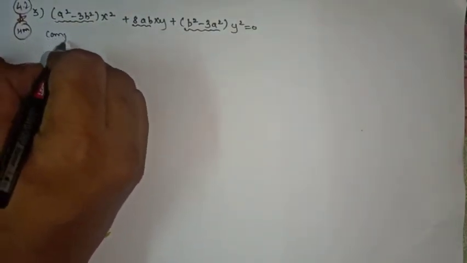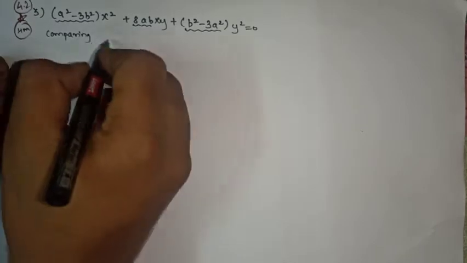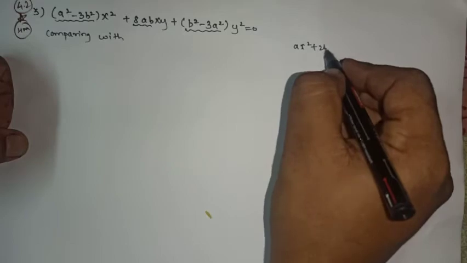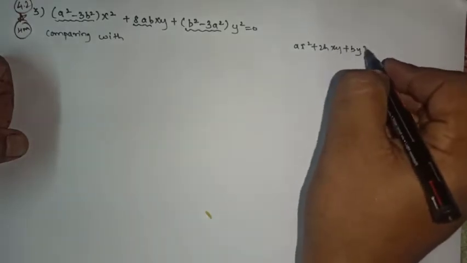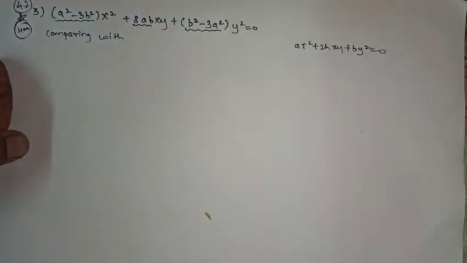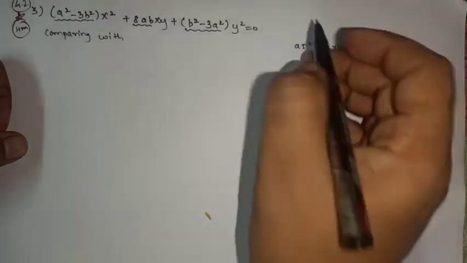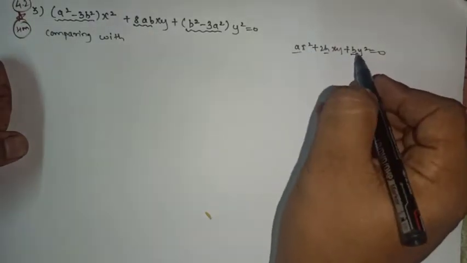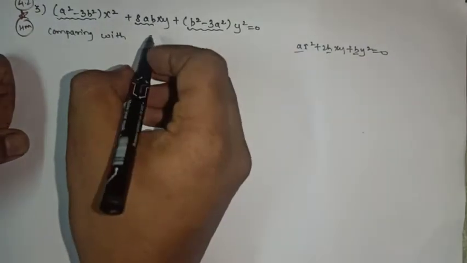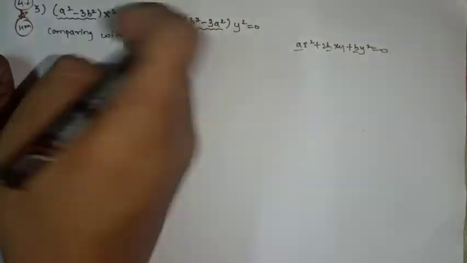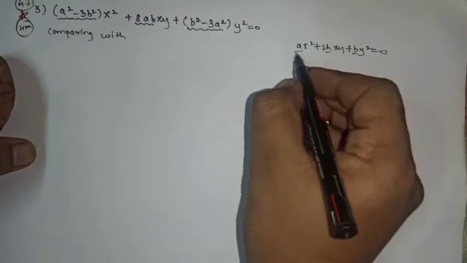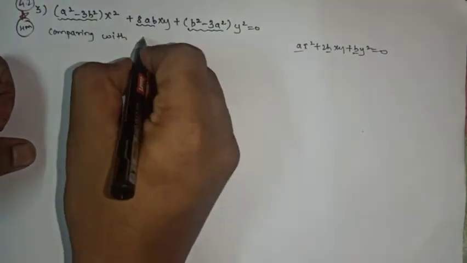When you compare with ax square plus 2hxy plus by square equals 0, already the question is in small a, b, yes or no, small a and b. So here we'll replace this small a, h, b by capital A, H and B. You can write it in this way also, as already the question is in small ab. So here, instead of writing this equation, I will replace this a, h and b by capital A,